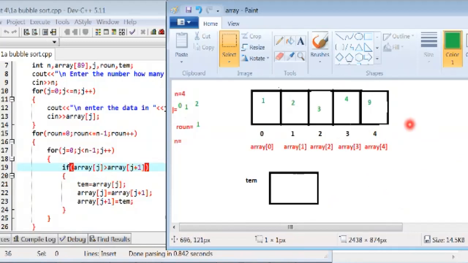Then the value of j is 3. The value of 3 is 4 and the value of 4 is 9. The condition is false, then the loop is terminated and the value of round is 2.